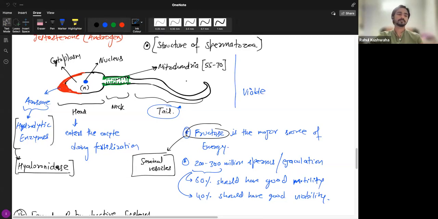where the male is unable to produce enough sperm, called oligospermia. Oligospermia is where the male produces less than required. Remember, I told you that this 200 to 300 million is a huge number, but not all of them are equally motile or viable. Even if 60% of this is motile and 40% is viable, there are high chances of fertilization. So if a male is already producing, let's say, 50 million or 30 million, that's